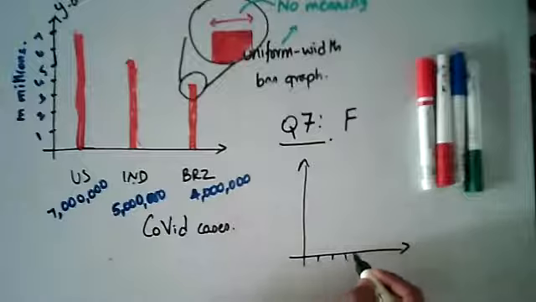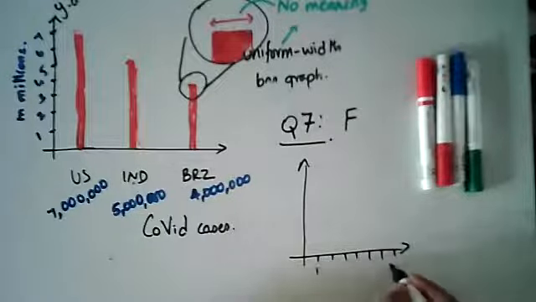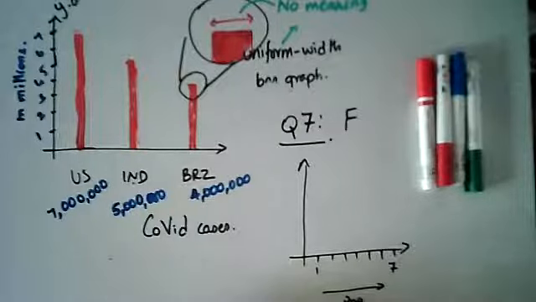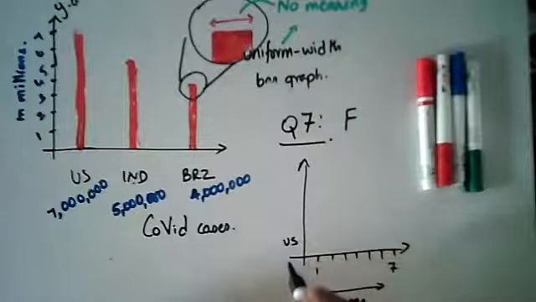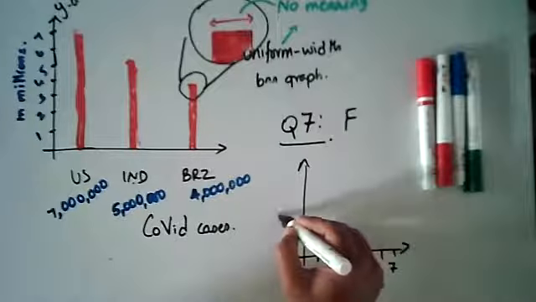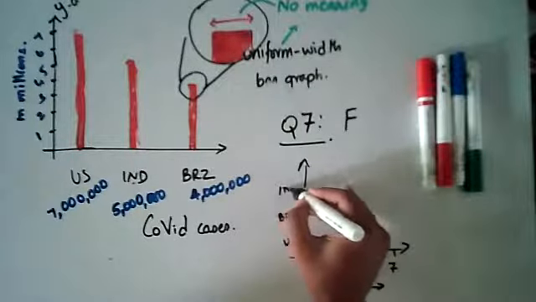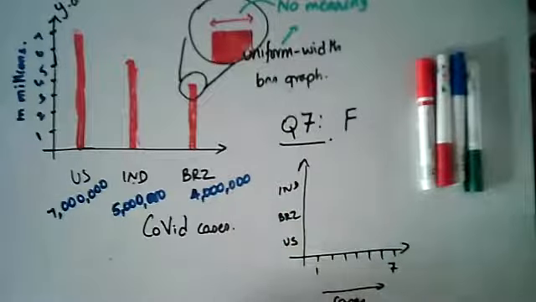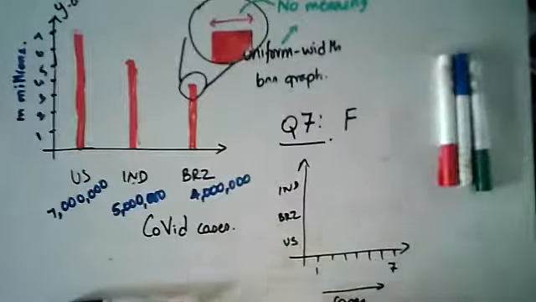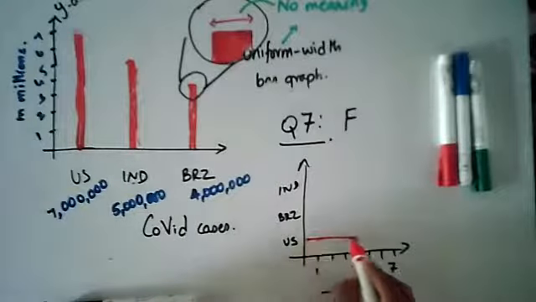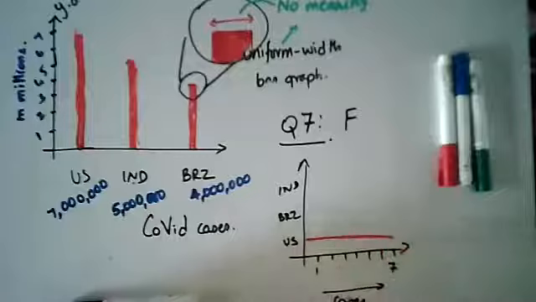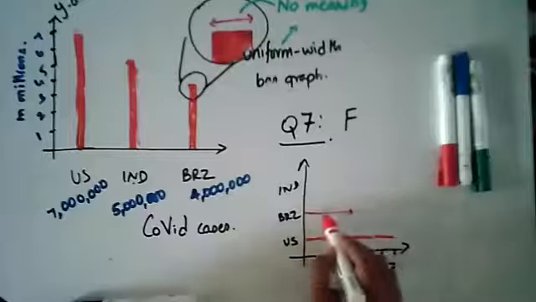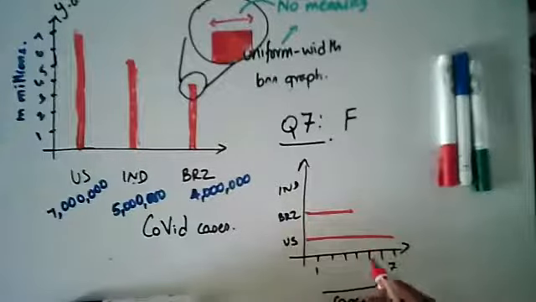So you can keep 1, 2, 3, 4, 5, 6, 7, 1 to 7 million. So this is the population or caseload. Let me put it as cases. And here you can put US, and let us mess it up a little bit, Brazil, and then India. It doesn't matter either way. We also do it like this commonly. Yeah, exactly. That is what they mean. So US will be 7, Brazil 1, 2, 3, 4, so approximately till that much. And India, if this is 4, then this is 5.